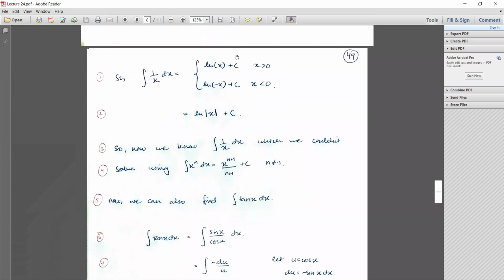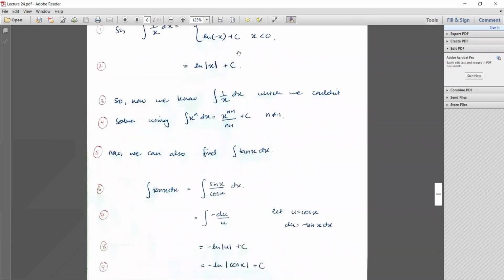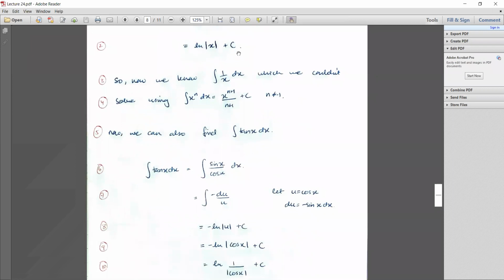All right. So now that we know the integral of 1 over x dx, we are now ready to evaluate the integral of tan x, which we haven't done so far, right? So we know the integral of sine, we know the integral of cos, we don't know the integral of tan. Tan can be written as sine over cos, right? And so now if I do a substitution here, where u is equal to cos x, then du is negative sine x dx,